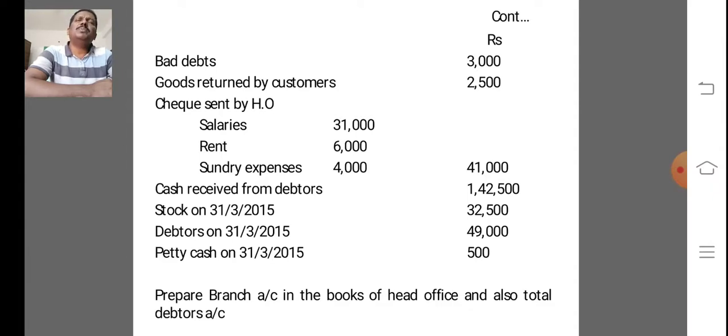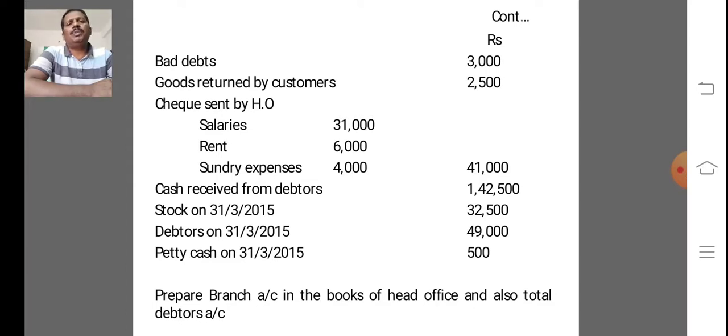Amount transferred by head office to branch by check. Cash received from debtors 1,42,500, stock on 31/3/2015 32,500, debtors on 31/3/2015 49,000, petty cash on